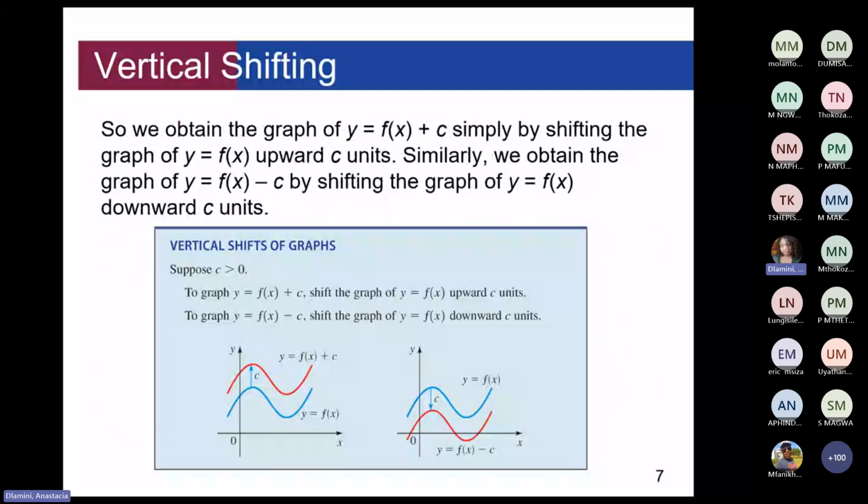They explain it. They say we obtain the graph of y = f(x) + c simply by shifting the graph of y = f(x) upward by c units. Similarly, we obtain the graph of y = f(x) - c by shifting the graph of y = f(x) down by c units. So when we come to vertical shifting, what we do is, if you have a function y = f(x),